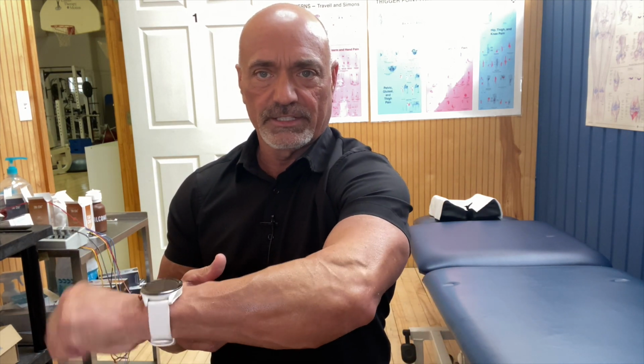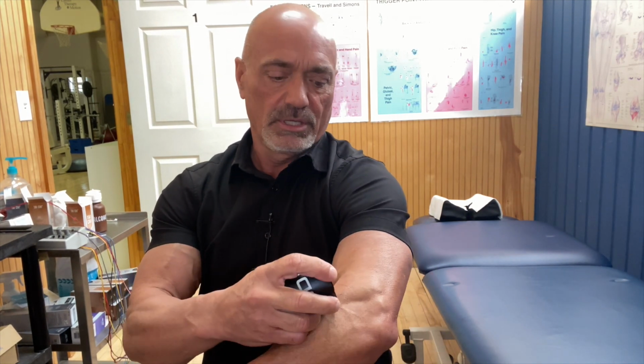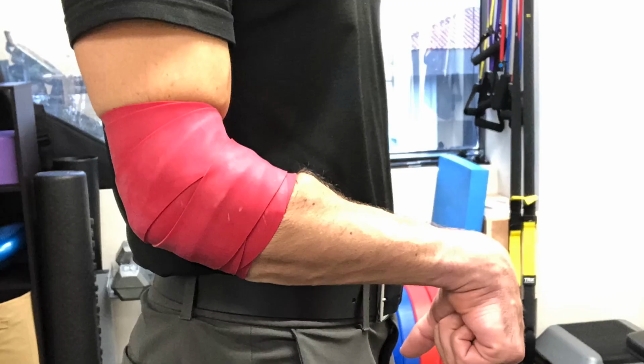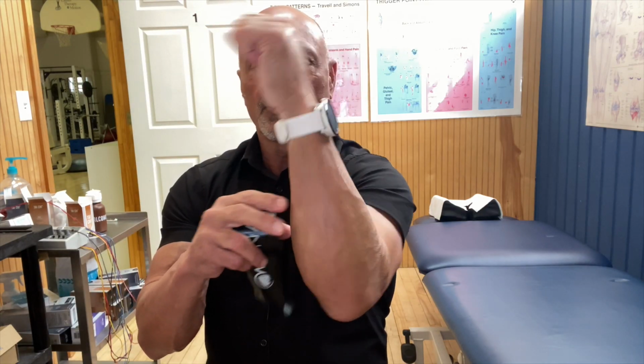Now, once we reduce the trigger points in the area and we get the blood flow going with the modalities that we've talked about, the other thing we like to do is begin stretching and strengthening of the affected tissue. And one of the things that we have started doing now is using what's called a flossing technique, where we use an elastic wrap and we wrap it around and compress the tissue, and then while the elastic wrap is in place, we begin some of the stretching exercises again to get the blood flow